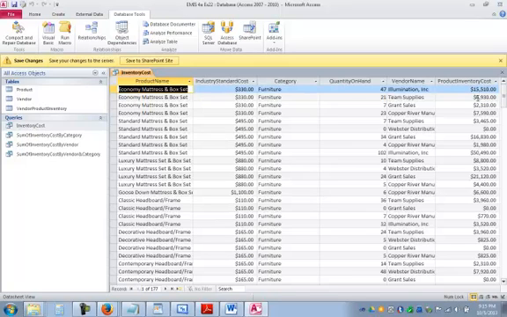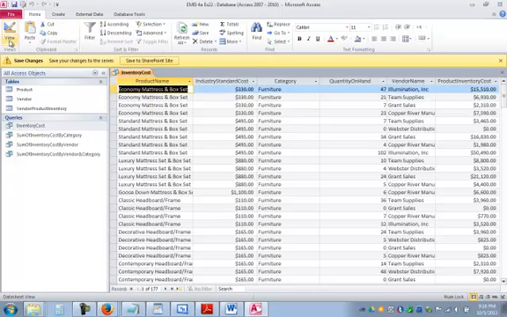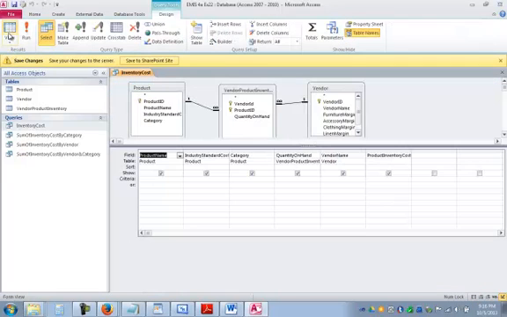We'll see in a minute that product inventory cost is actually a calculated field. All of these other fields are pulled from either the product table or the vendor table, and they're put together in this query. So to see exactly how this query is being created, we'll go to the design view,